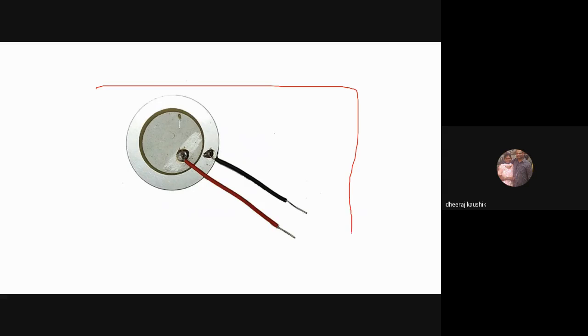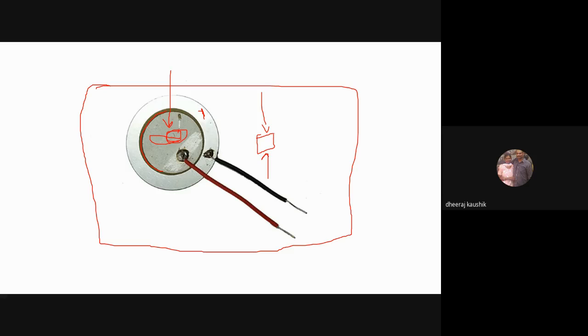In reality, a piezoelectric sensor would look somewhat like this. It is very small, and so it is very delicate too. You can see a disc here, and this is the second disc, and these both are the electrodes. This somewhat brown material which you see is the piezoelectric material in between them. When pressure is applied on the top plate, both the discs compress in opposite directions, and again a mechanical stress is produced and an electrical current is produced. The electric current is sent out from these wires.